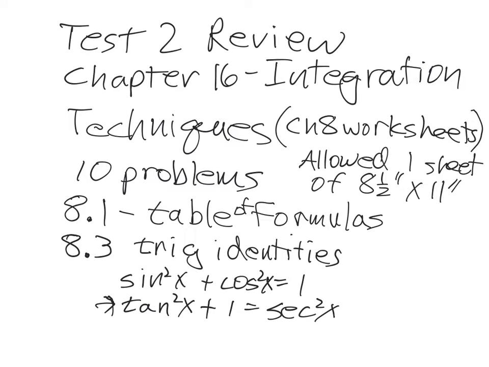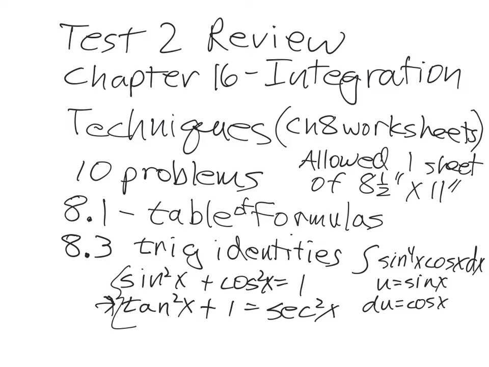The main use of these trig identities, sometimes we have to use these, other times, like if we have something like that, well, what do we need to do? The u equals sine. Yeah, that's just a straightforward substitution. Du would be the cosine x dx, and that takes care of cosine. So we basically have the integral of u to the fourth du. Okay. Now, some of the combinations, probably the ones I put on the test, won't quite be that easy, but